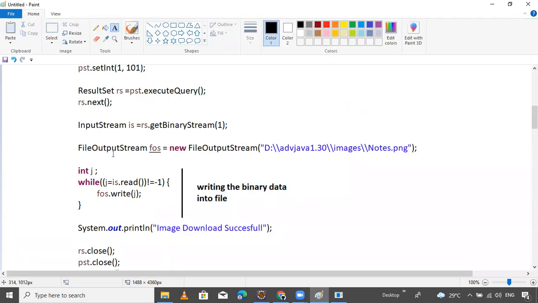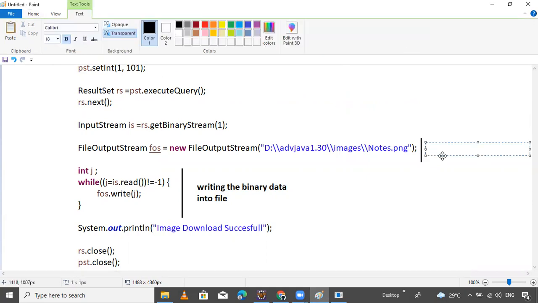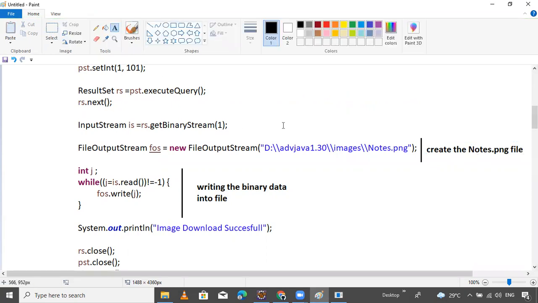That's it. And this is for creating the node.png file.